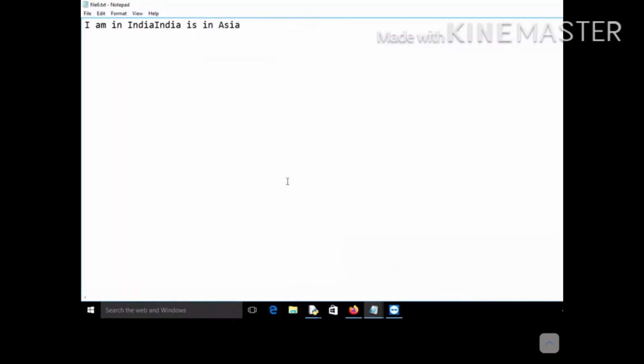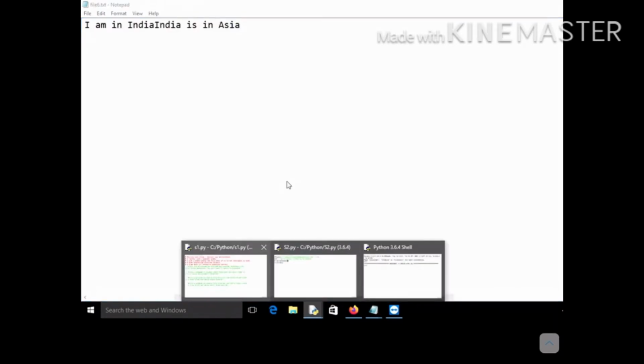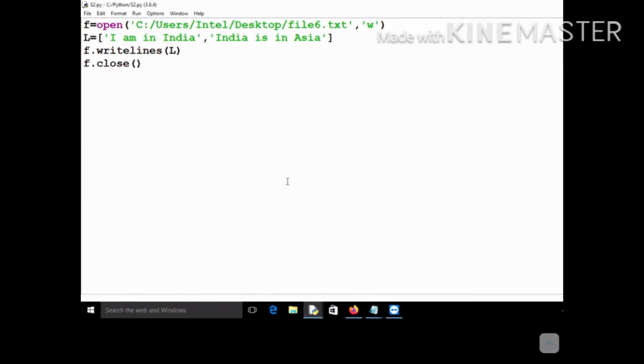Again you can see that everything is written in the same line. Why did it happen? Because you know that the write and writelines functions do not add a new line automatically. So whenever you are writing, you should ensure that you are adding \n.